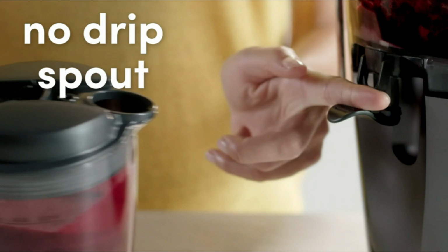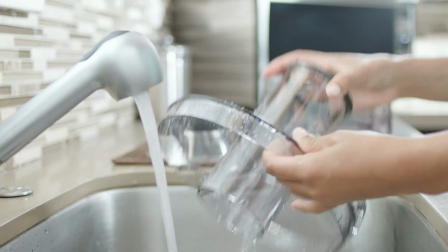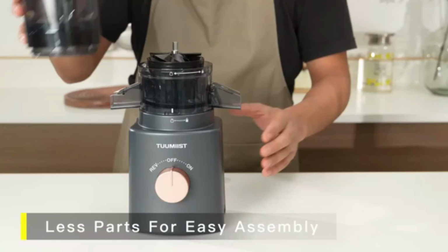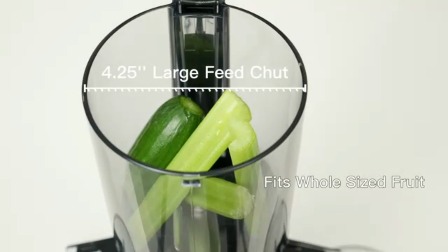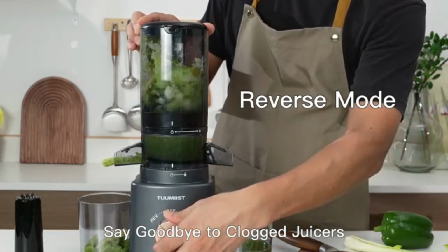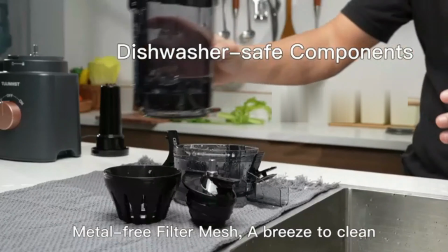Measuring at 11.02 inches in diameter, 10.47 inches in width, and 17.95 inches in height, this compact juicer is suitable for kitchens of all sizes without compromising on power. The dimensions make storage a breeze, fitting neatly into cabinets or on countertops without taking up excessive space. In terms of performance, the NutriBullet juicer stands out for its efficient,